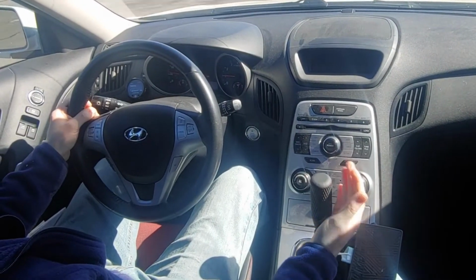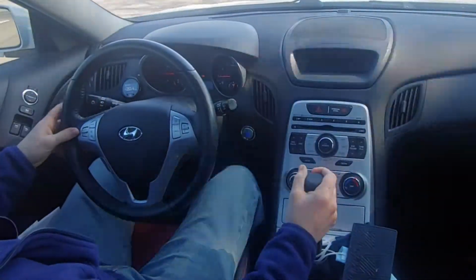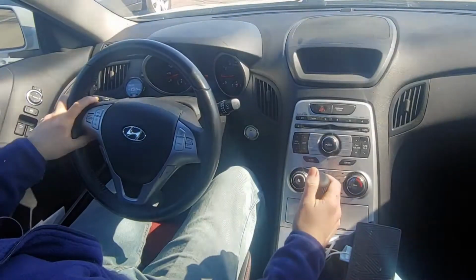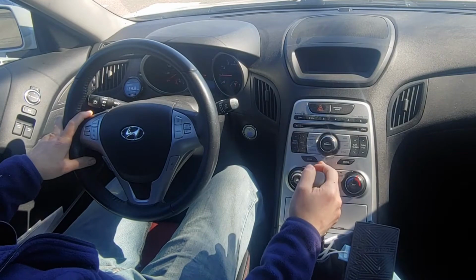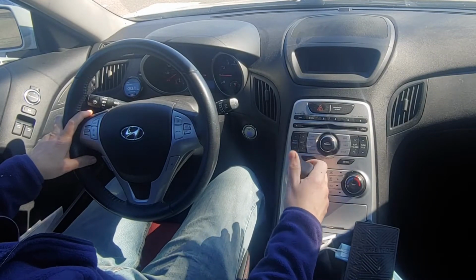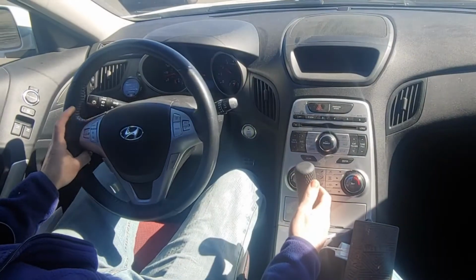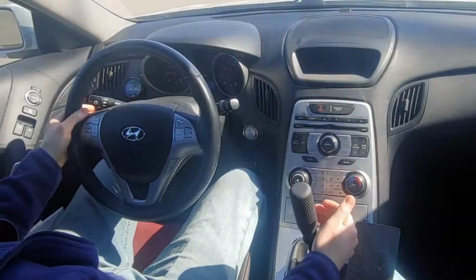I have the most extreme type of shifter that you can get with this Cooler Works, and this is a shift knob that I made myself, and for people that aren't familiar with this Cooler Works shifter, it basically hard mounts to the chassis, so